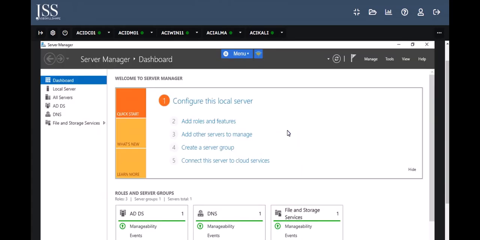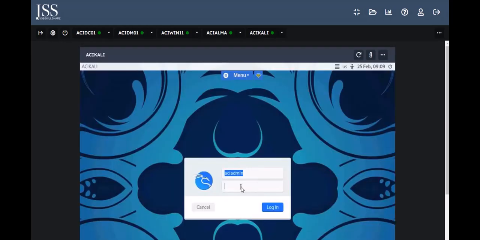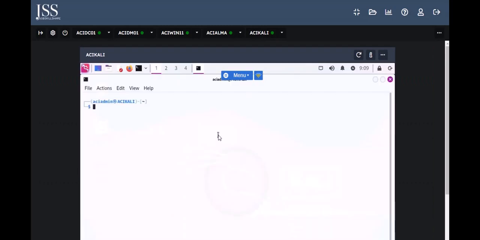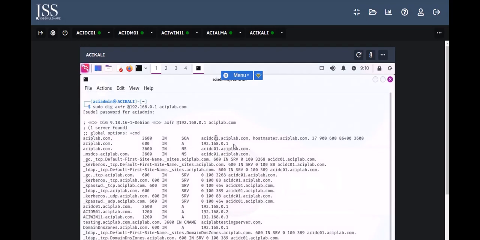Close the DNS menu. So now the DNS server is unintentionally misconfigured to allow the DNS zone transfers to any server. So now just get back to the ACI Kali machine. Type the password if required. So in the terminal window, just type the following command and hit enter here. Enter the password. So here you can now observe the zone transfer works and all the DNS resource records are